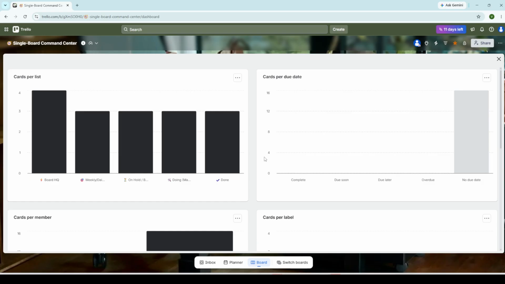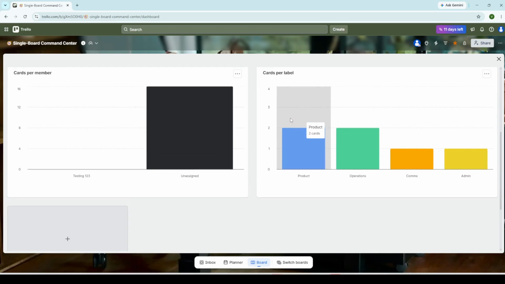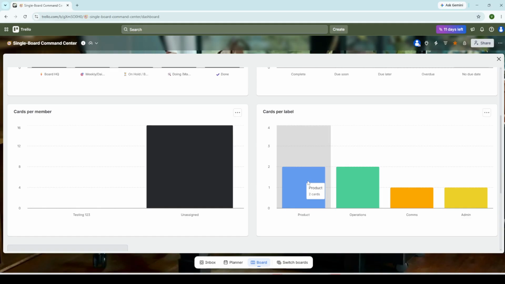One tip here, make sure your team consistently sets due dates on their cards because this chart relies entirely on that data. If half your cards have no due dates, this chart will be less useful. So encourage everyone to add at least a rough deadline, even if it's just a best guess that can be updated later. The fourth and final chart is Cards per Label, which tracks how your work is distributed by category,